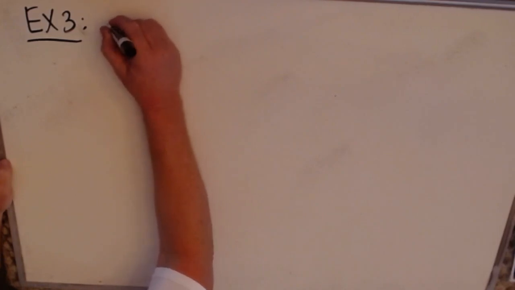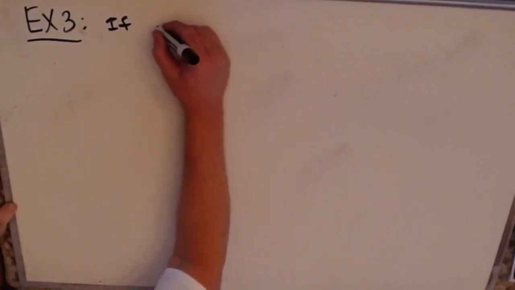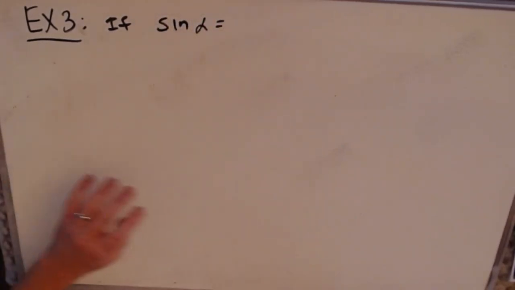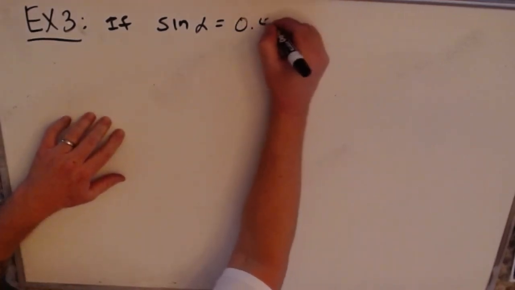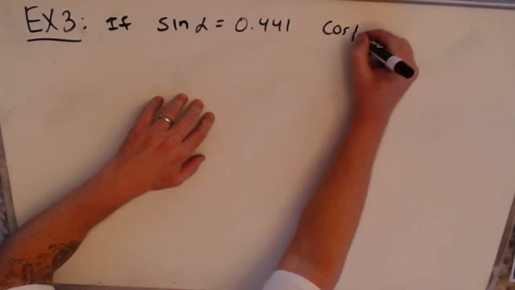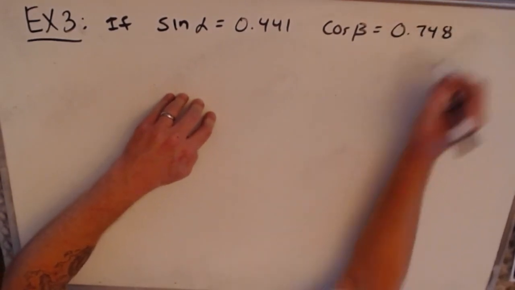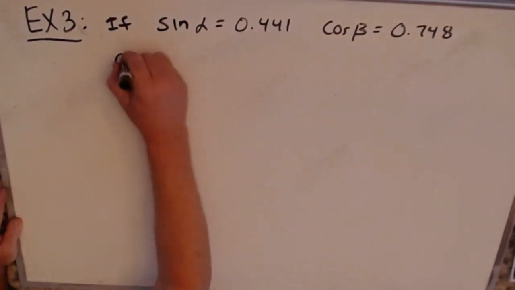One of the main uses of these formulas is to simplify an expression if you know something about it. So suppose you know the sine and the cosine of something. Suppose you know the sine of alpha is 0.441 and the cosine of beta is 0.748, and